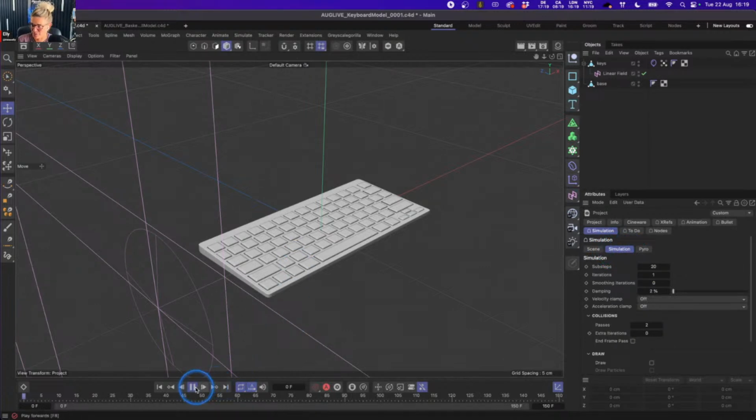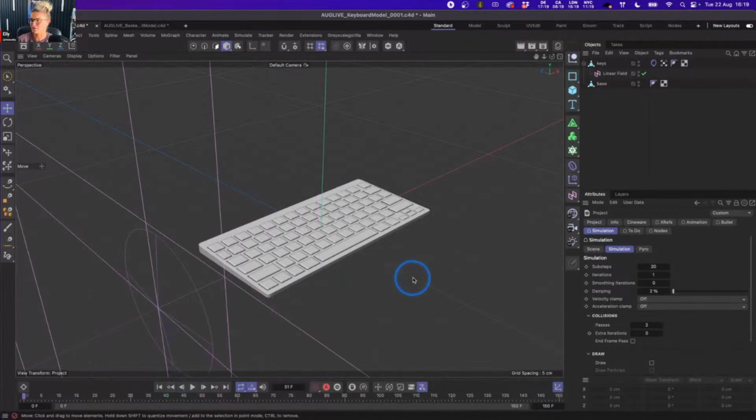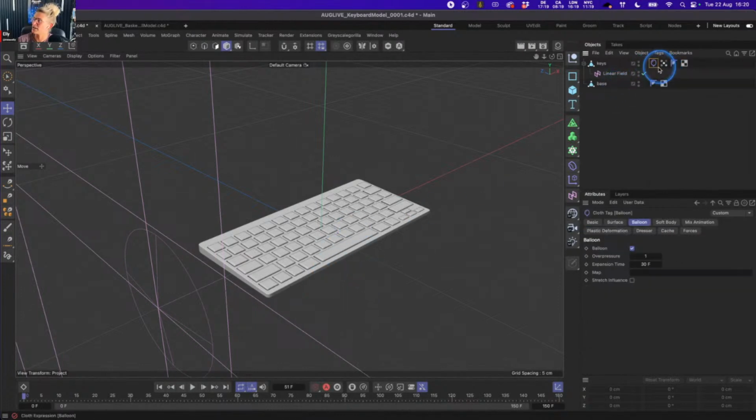Okay, cool. Now, as I press play, we can see nothing happens. Even though we have our cloth tag, we haven't really got anything going on. We've just switched off gravity. So how can we start to play around with our simulation settings and also use that vertex map to